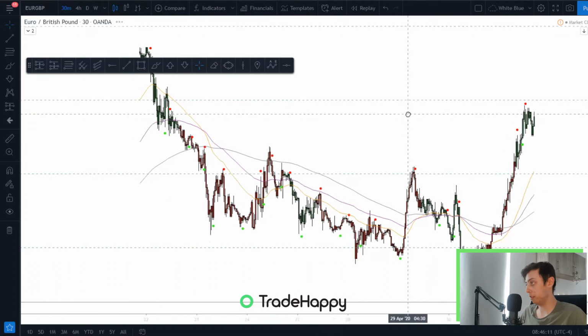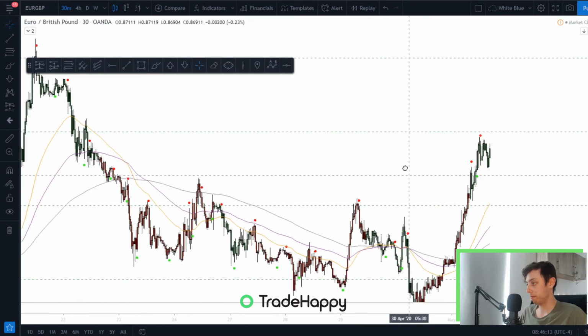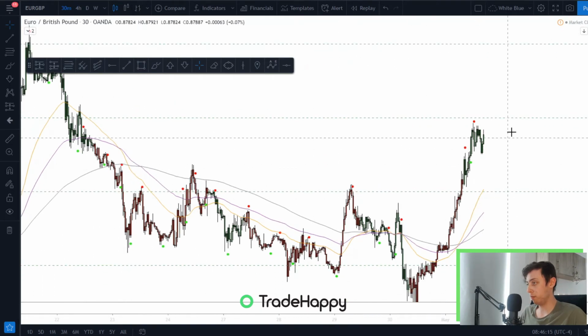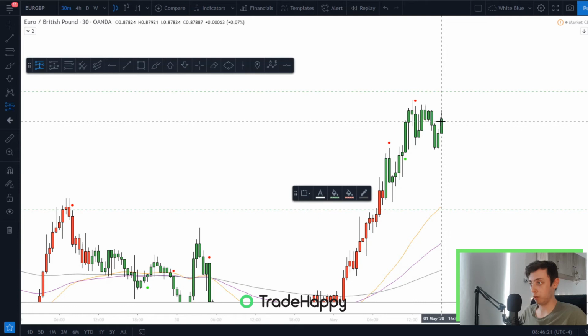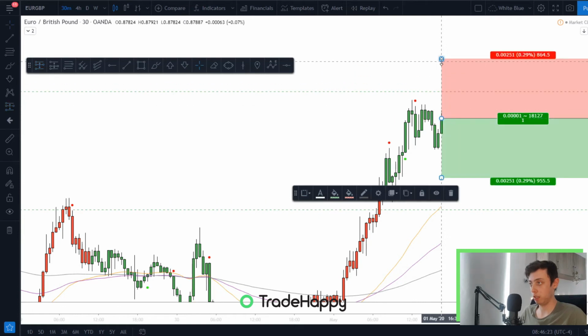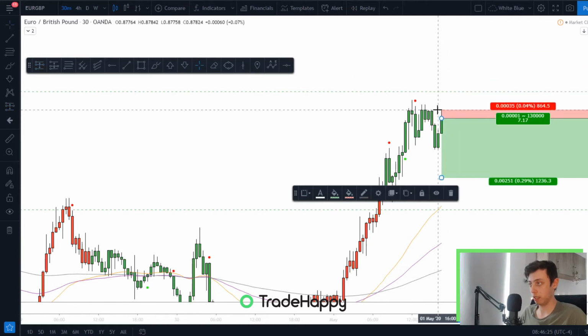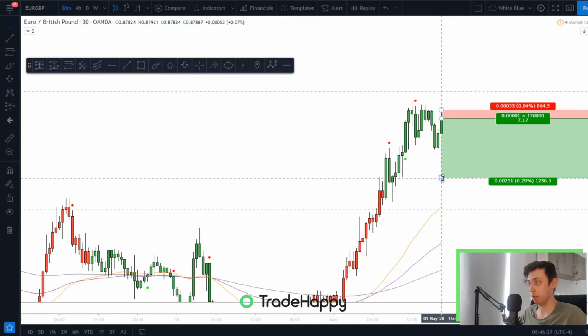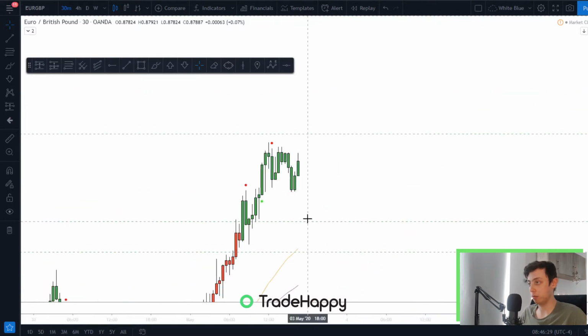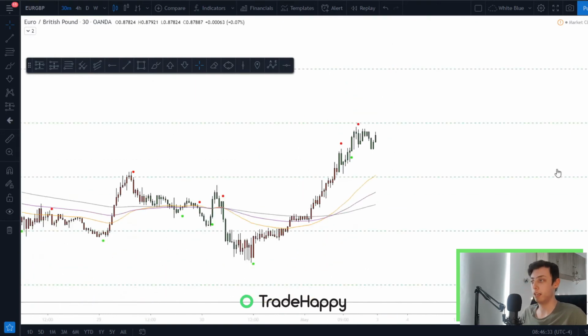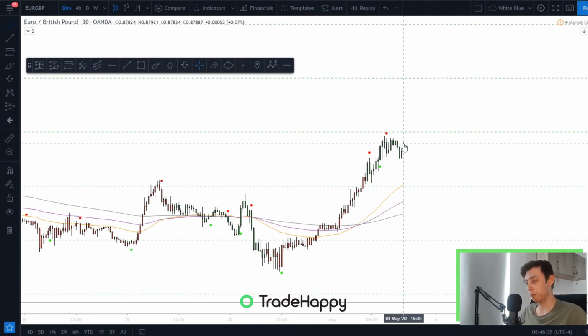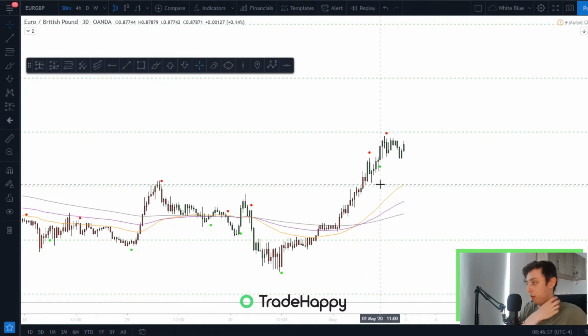So if we just open this up, yeah, there's been a move higher, but there could be a short-term short in here. So I'm guessing you would have been short here. Stop loss that high. You might have been taken out, but possibly not. 4-to-1 risk reward, and it just disappeared. I'm not sure what happened there. Anyway, you get my point. You would have been short here, and you would have been waiting for the market to move on the Monday.